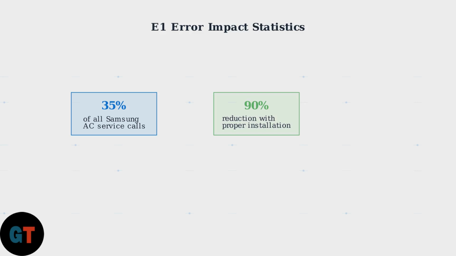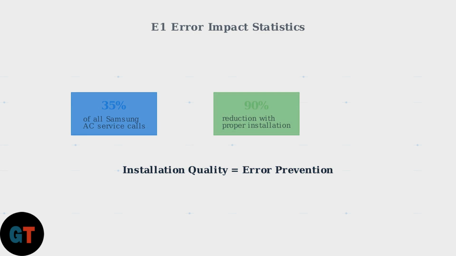This highlights the critical importance of professional installation and quality workmanship. The data clearly shows that installation quality directly correlates with E1 occurrence rates. Investing in professional installation from certified technicians is the best defense against communication errors. Understanding the E1 error empowers homeowners to make informed decisions about their air conditioning systems. Whether it's recognizing the symptoms, understanding the causes, or appreciating the value of professional installation, knowledge is the first step